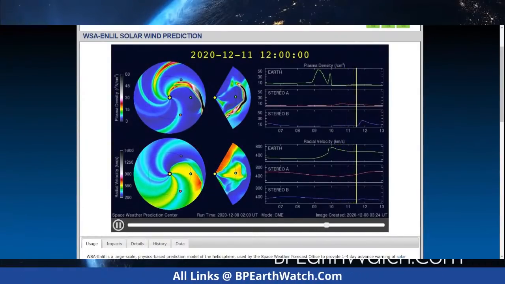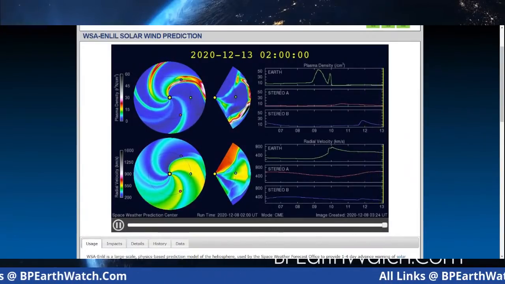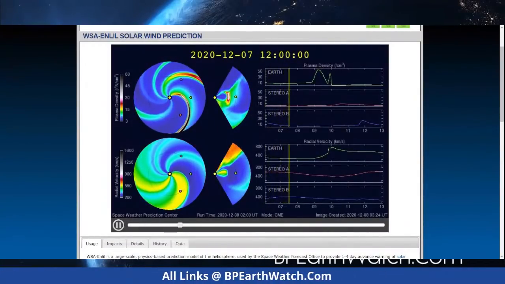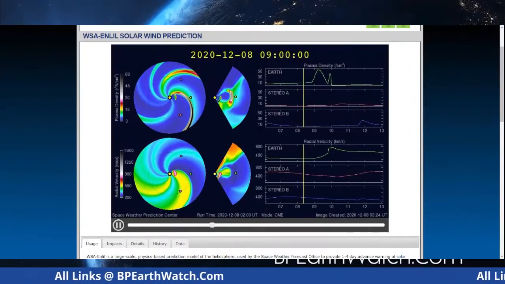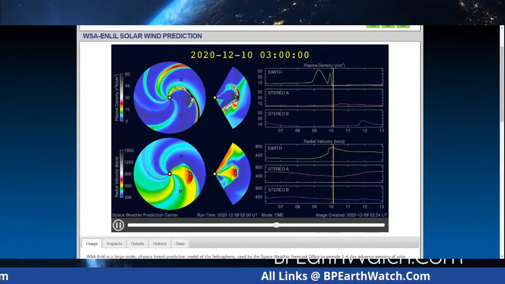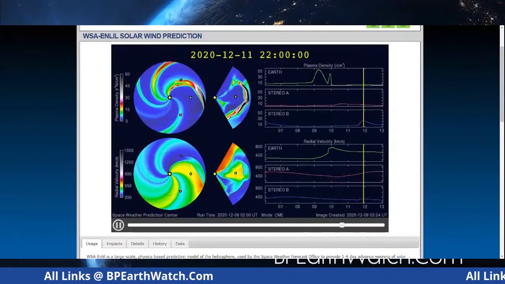Five earthquakes since 1 o'clock Eastern. That's 12 noon, guys. So within the last 54 minutes, ones and twos. What should you expect? Doc Larson, the impact is not here yet. That's what we're waiting for, and that will be indicated by our solar wind speed. And I'm going to switch over to that particular link now.